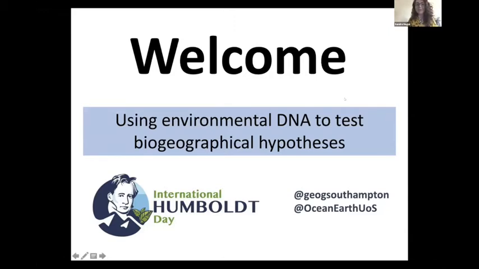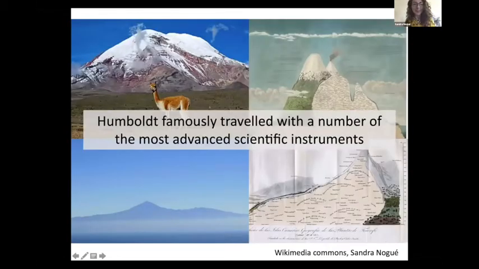We got a little bit of inspiration from Humboldt himself, because Humboldt is famously recognized as having used a lot of advanced scientific instruments to help advance biogeography. What we see in the background of this slide are some examples of his great work on elevation patterns and trying to understand how vegetation particularly is distributed in gradients. In particular these images, it's Chimborazo in Ecuador, and Teide here on the bottom, and his representation of the different